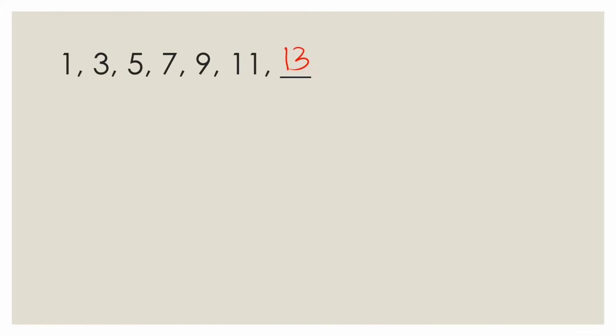Now, another way that we can deal with this is by getting the differences of each number. The difference of 1 and 3 is 2. The difference between 3 and 5 is also 2. 7 minus 5 is also 2. 9 minus 7 is 2. 11 minus 9 is 2. So the difference that we should expect between 11 and the next number is 2. If we do 11 plus 2, we get 13. So either you observe it as a sequence of odd numbers, or you can look at the common differences. What you would predict as the missing or next number in the sequence is 13.